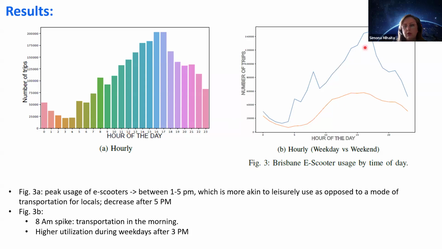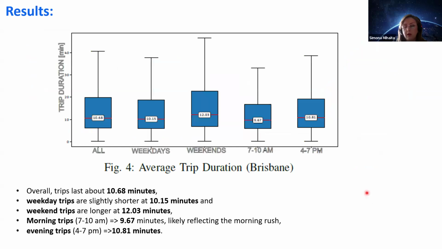And if you look at this trend curve, you can see there's a small peak at 8 a.m. for weekdays, but definitely a large peak in the afternoon. Weekend trips are much lower. This is interesting, right? You would expect e-scooters to be used for leisure during weekends. Yes, they are, but not as much. The trend curve during the weekends starts to increase a lot after 10 a.m. and reaches its peak around 3 p.m. So this reflects people's preference for this type of e-scooter and micromobility mode.